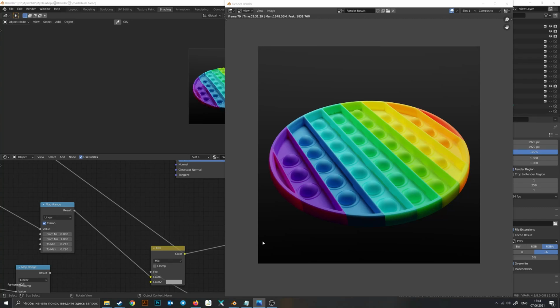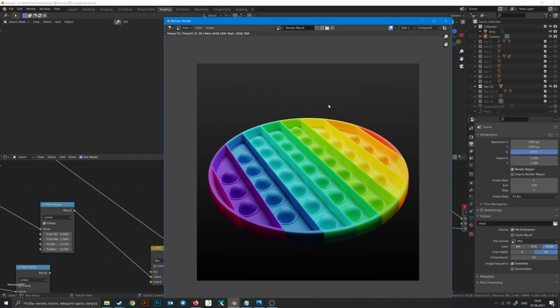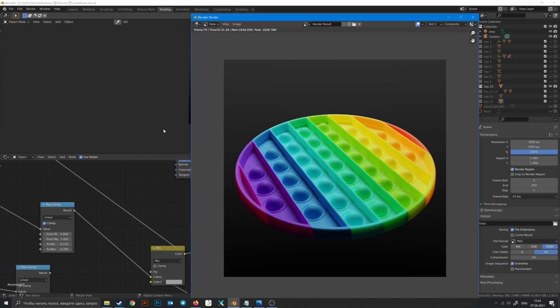Hello creators, my name is Daniel and today I'll show you how to make this puppet from just a simple